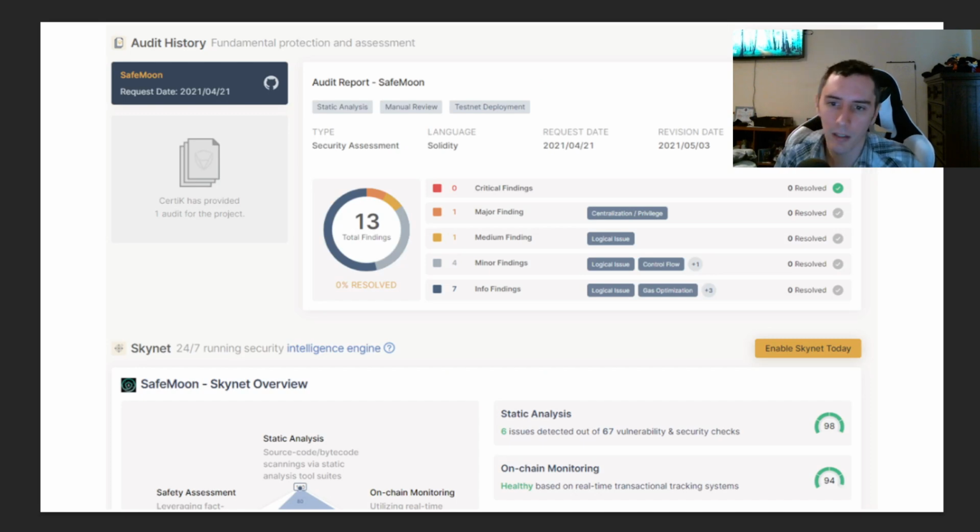Some of the key things that they highlighted as far as issues are being addressed. The team is trying to work on some of these problems. The major findings, you can see, first off, there are 0 critical findings. That's great news. A critical finding is obviously something that's really, really bad, right? A major problem that looks pretty bad on paper. And that reference is the